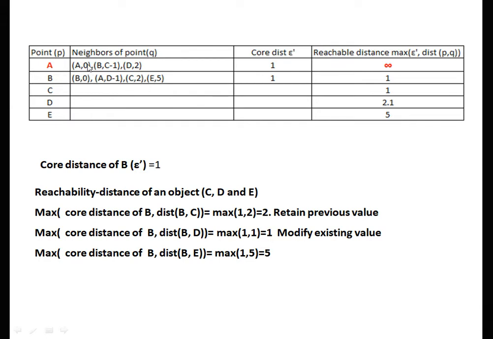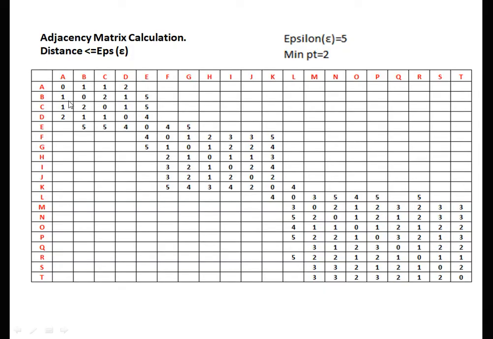After the point A, we try to find all the neighbors which are close to A. The close neighbors are B and C. So first we will traverse the point B, next the point C. It is nothing but depth first search, so we can store the values in an array and traverse the next point. Now A becomes visited, and B comes. The neighbors of B, including B itself, are A, B, C, D and E. A is already visited. Now this point becomes a core because more than 2 points are there.